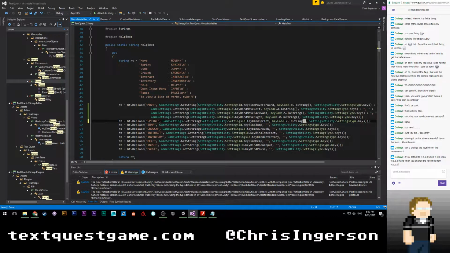Key code, so this is sprint, so I want left shift. Jump is going to be key code space. Let's see, crouch is going to be key code dot left control. Let's see, what's the next one? Interact is going to be keycode.e. Inventory is going to be...